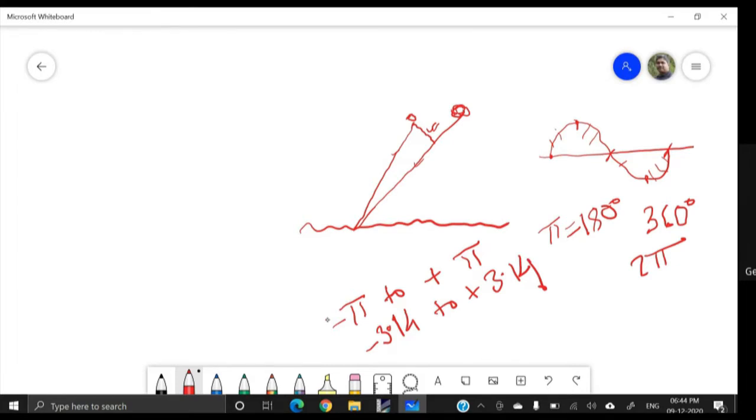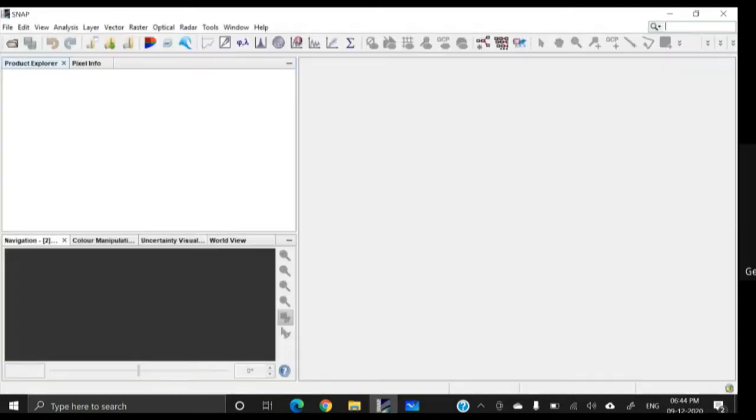Okay, and this information will eventually be converted into topographic information or a digital elevation model. So anyway, let us first open these two images, the images I have shown you in the InSAR folder. How to open the data is already known to you.